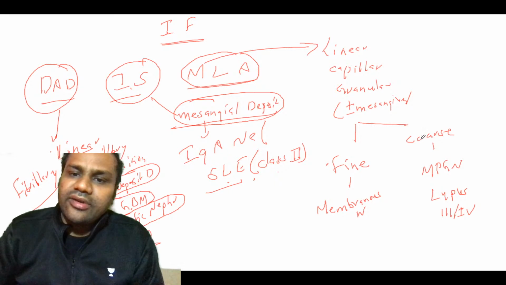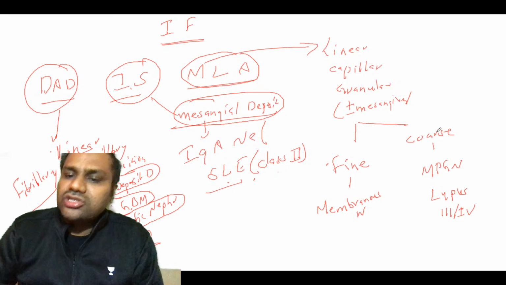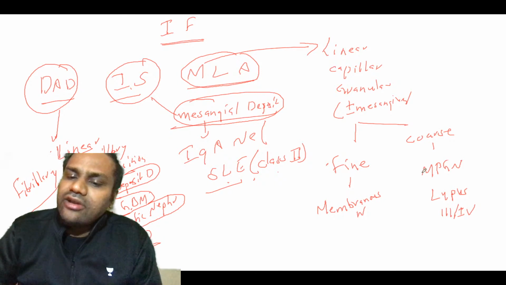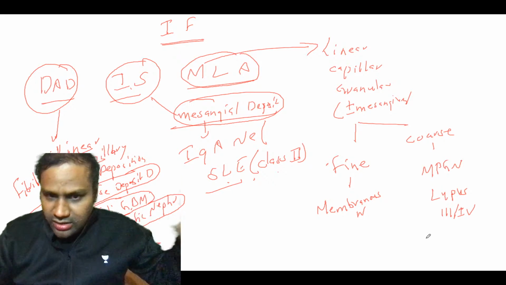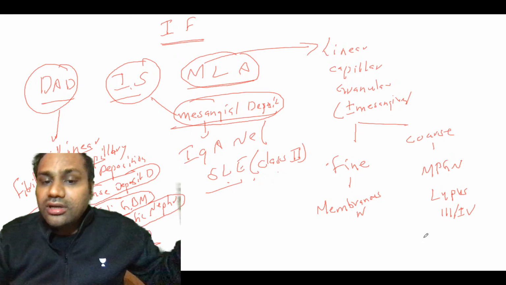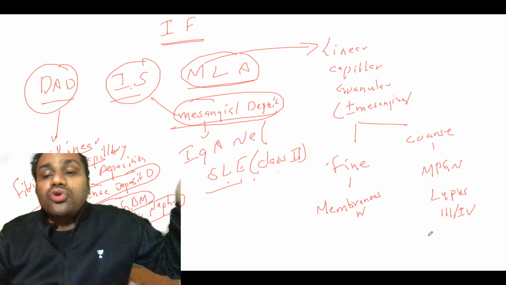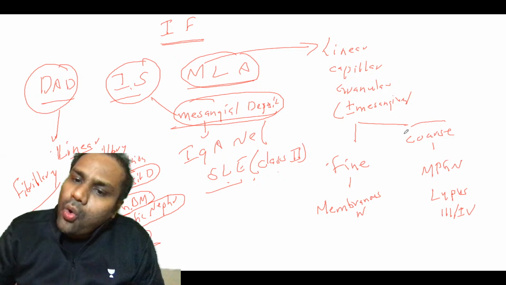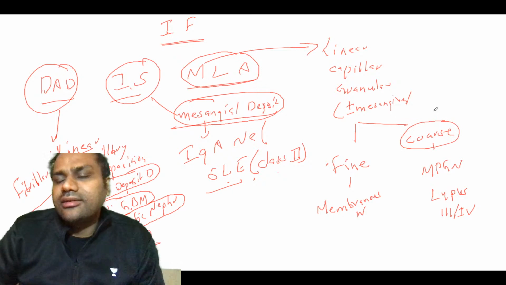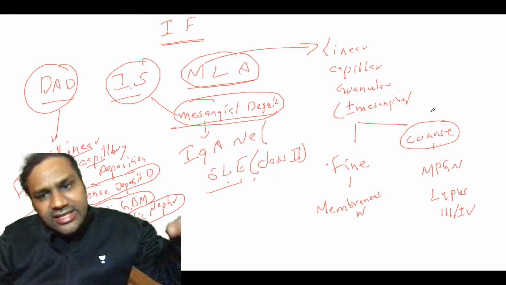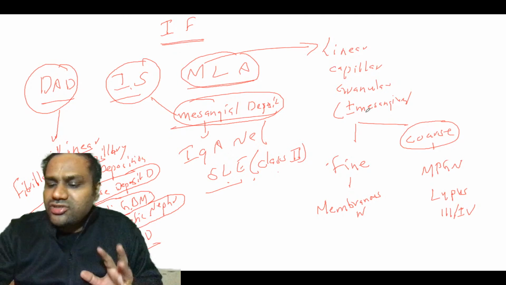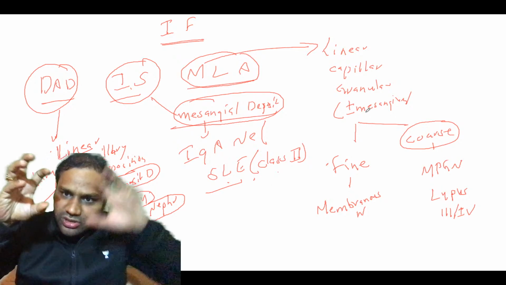Now what you need to remember is that coarse granular glomerulonephritis has one more point, that is coarse granular scattered deposition in post-streptococcal glomerulonephritis. In post-streptococcal glomerulonephritis also there will be coarse granular deposition that will be scattered. So in some places there will be deposition, in some places there will not be deposition.